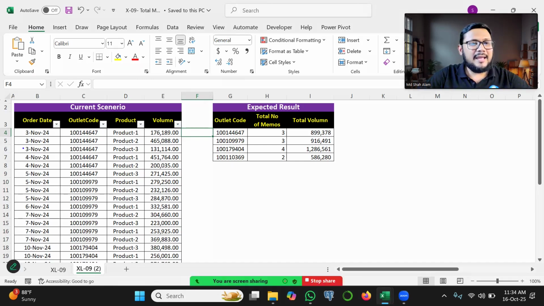As you can see, I have a table of 4 columns. The first column contains the order date. The second column shows the outlet code where I sold different kinds of product. And the third column represents the different kinds of product. The fourth column contains volume. Now suppose I sold 3 different kinds of product to an outlet on 3rd November and